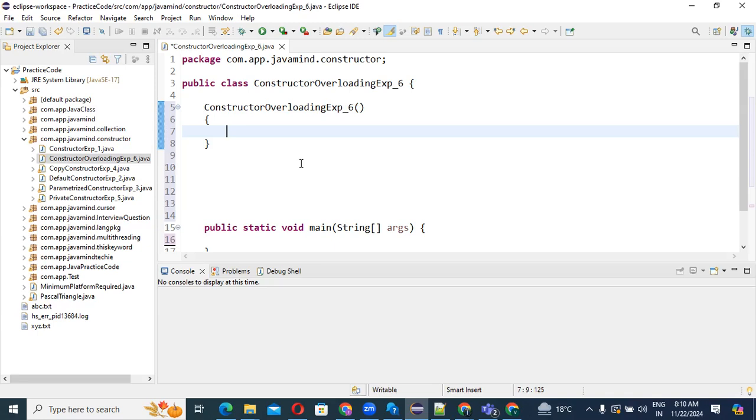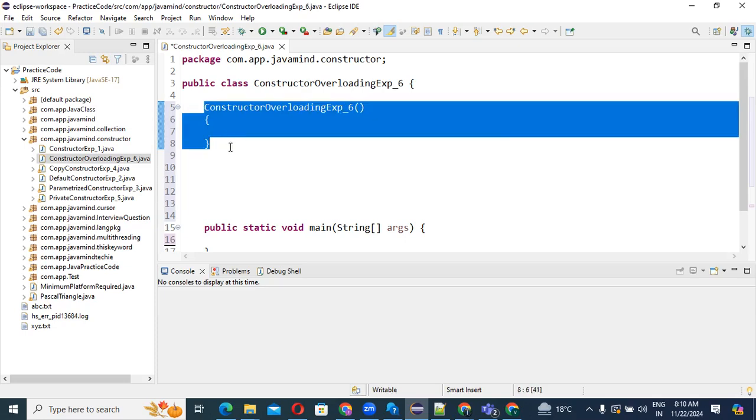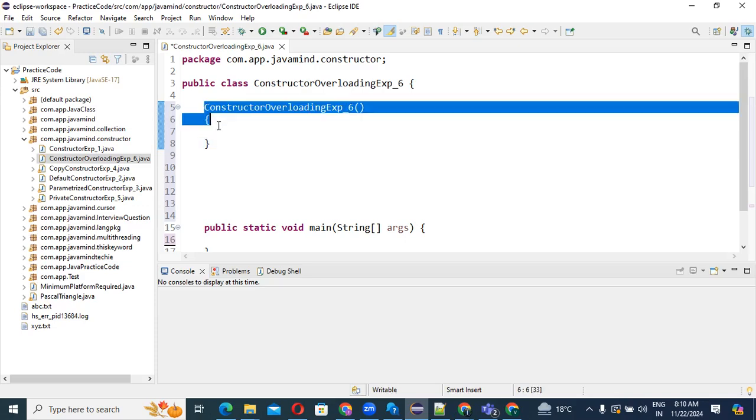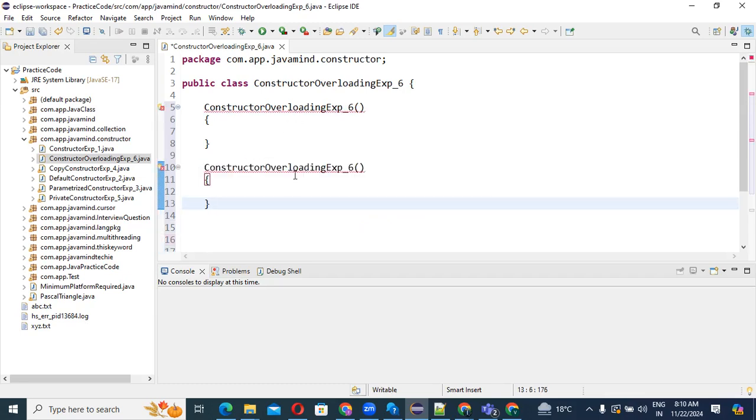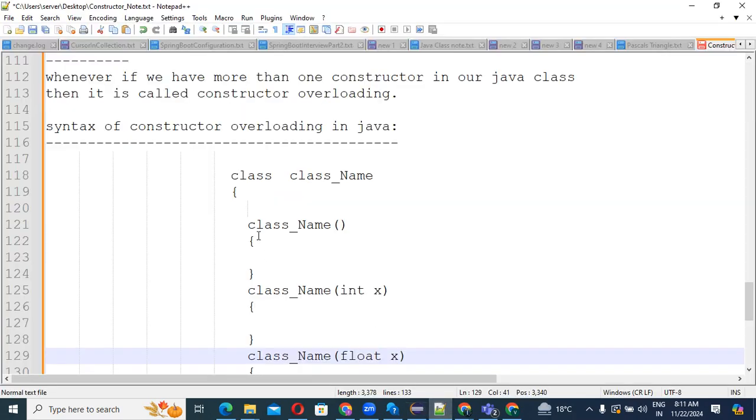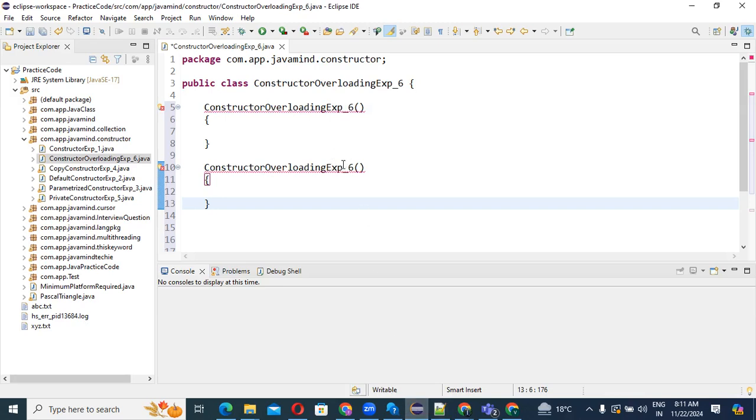Right? Done. So guys, now I will create some more constructors, because constructor overloading itself explains that we should have more than one constructor in our class. Then only can we set constructor overloading. That's why I am going to have more than one constructor in our class, right? So copy and pasting the same thing. But guys, this is giving an error, right? Why guys? I have already mentioned in the theoretical part that if you create the same constructor two times with the same class name, it will give an error. Why? Because it expects how you are going to distinguish,